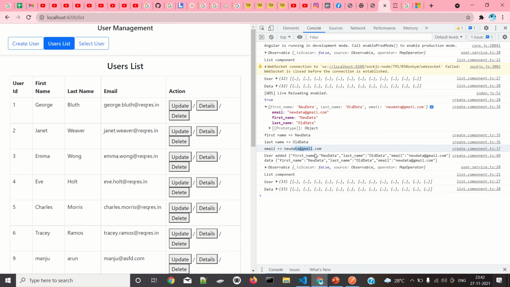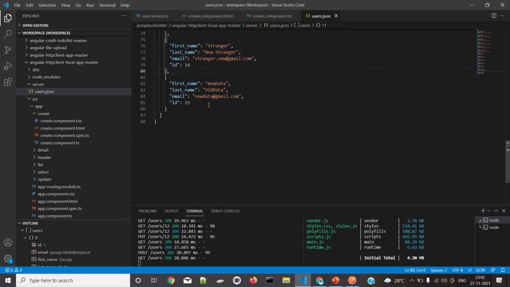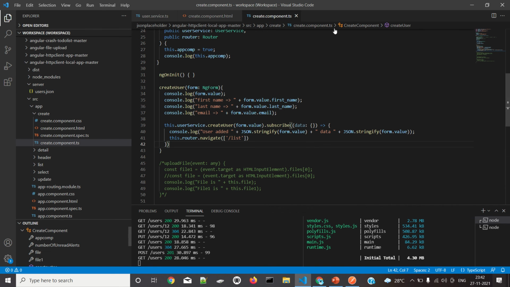Instead of this I could use a get method also, and once the get method comes I can confirm whether this particular ID is added or not. But the ID is generated by the JSON server, so we cannot know it. Now the created ID is 15. So we don't know this, that's why we are not using it. We are printing and manually seeing what the value is. Okay, so that's how create is working.